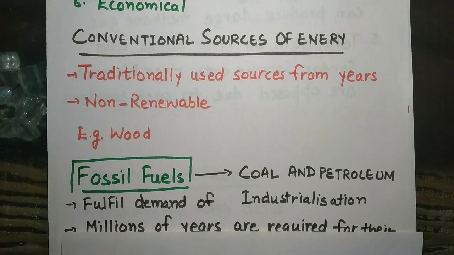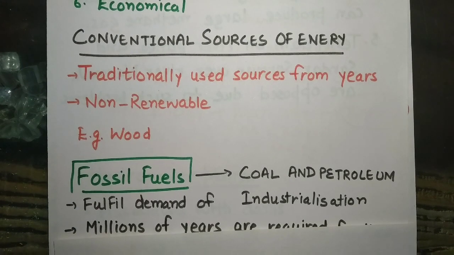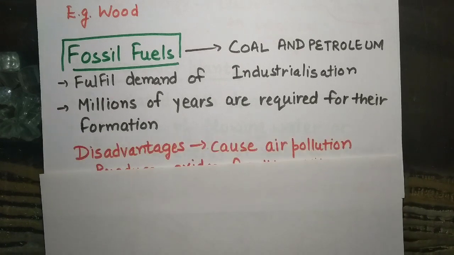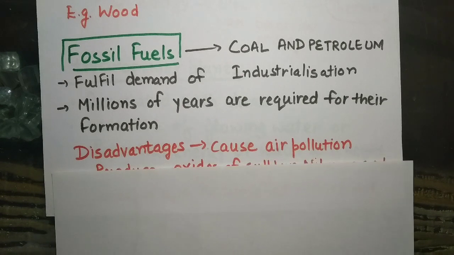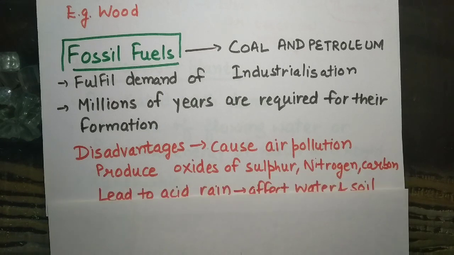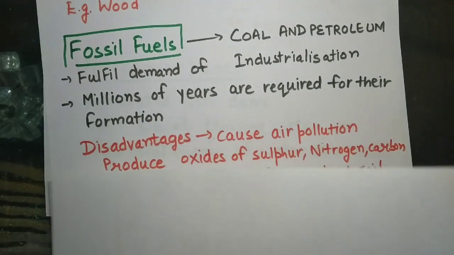However, we are using them to produce heat energy from these sources. It also has some disadvantages. Fossil fuels cause air pollution and produce oxides of sulfur, nitrogen and carbon that lead to acid rain. When these oxides come to the earth in the form of acid rain, they can also affect water and soil resources. So we must look for